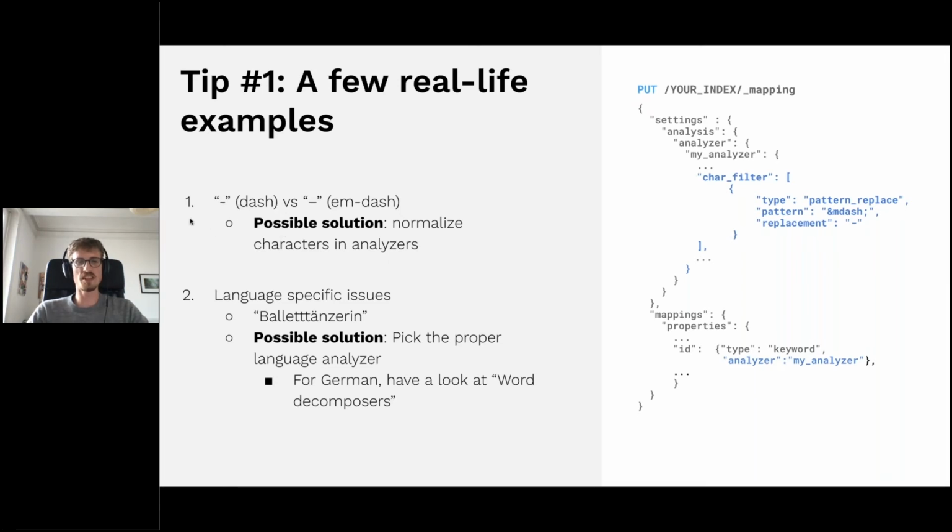One thing that we've seen is that we had some IDs coming from some Windows system, and they had this em dash instead of a typical dash. So if you would type the ID with the dash in the search engine, it would not show up because of that. So one thing you can do is standardize this character and do a char filter that is replacing that special character by the standard dash. So as you can see, it's fairly easy to add a step to do this. And then you can see that your ID field has this analyzer now, and you shouldn't have this issue anymore.